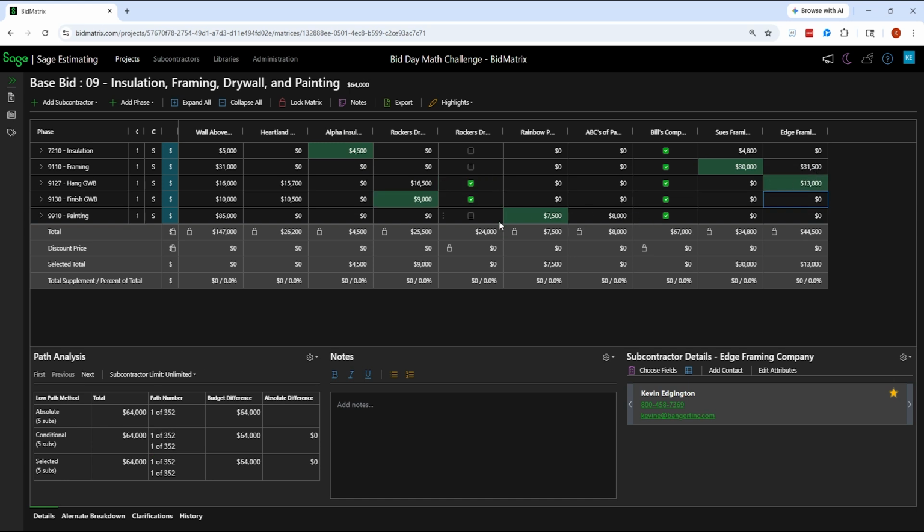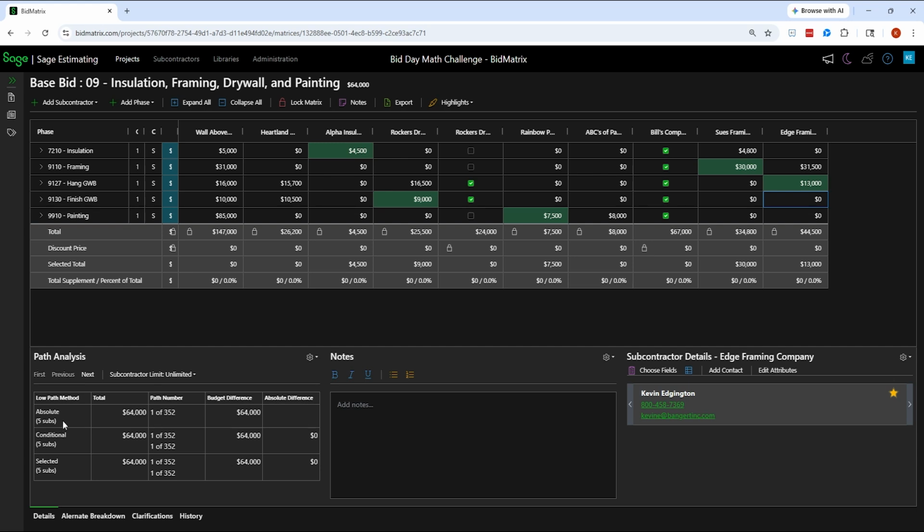okay. So one of our questions, in analyzing those bids, was what was a low combination? When you look at the full picture of this, it wasn't a very complicated task. There's only 5 levels of scope, only 10 bidders. This is very basic compared to what some large bids could have, with the number of bidders and the amount of scope. As I look through here, I can see that the low combination at the moment is $64,000. To get that $64,000, I'm using 5 subs.